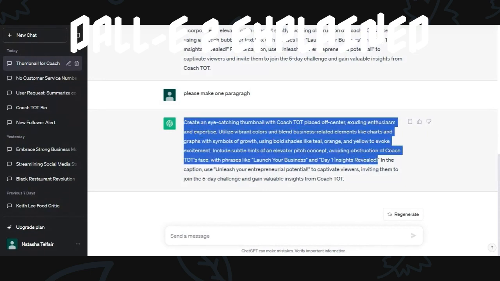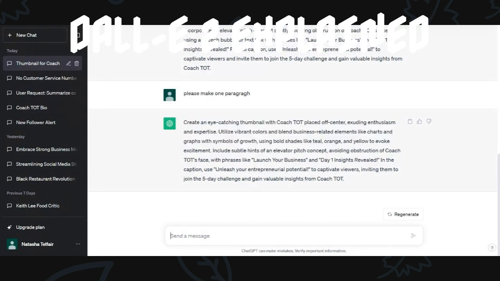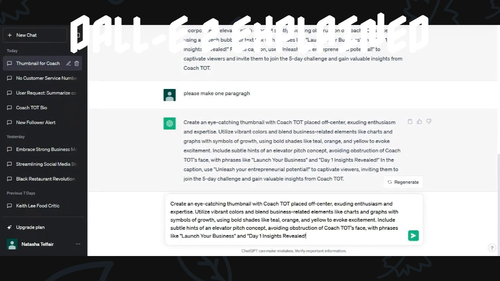So I'm going to copy this because I feel like I need this part. And it says, create an eye-catching thumbnail with Coach Top, placed off center, exuding enthusiasm and expertise, utilize vibrant colors. So I want to keep that, include subtle hints of an elevator pitch, avoid an obstruction to Coach Top's face with phrases like launch your business and day one insights revealed. Okay, so